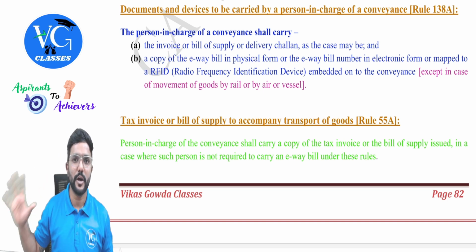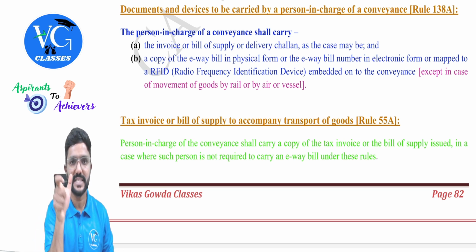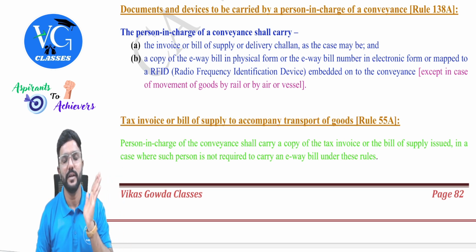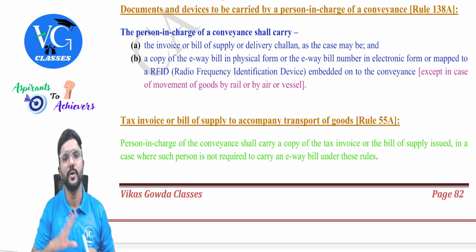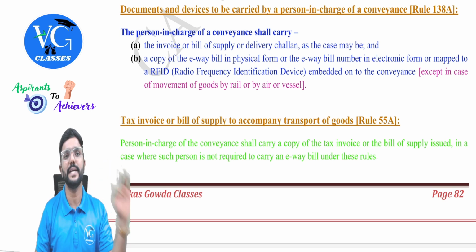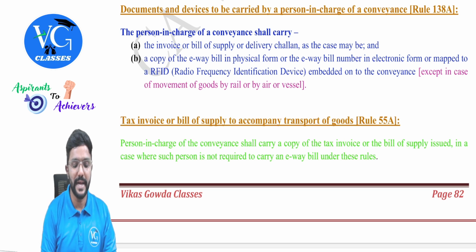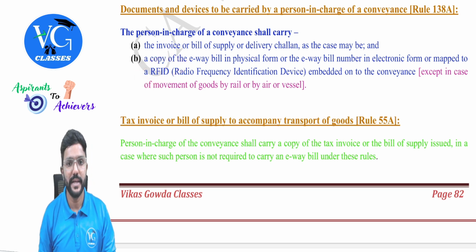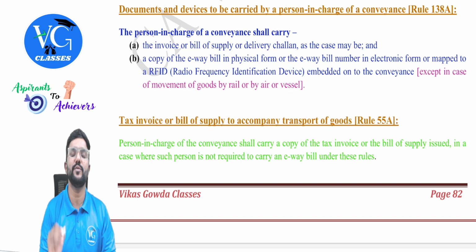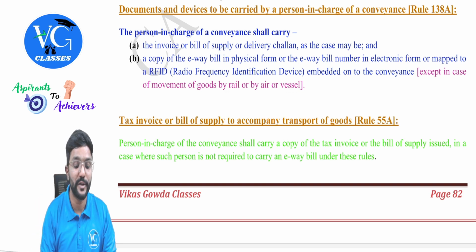If the proper officer stops this vehicle in between, that is during transit, and scans that, he will be able to identify what goods are there inside the vehicle, whom it belongs to, who is the consignor, who is the consignee, where it is going to and where it is coming from. All the details he can get. Got it? Yes. But this RFID device is not there in case of movement of goods by rail, air or vessel. It is only for the movement of goods by road in vehicles. Is that clear? That is with respect to RFID.